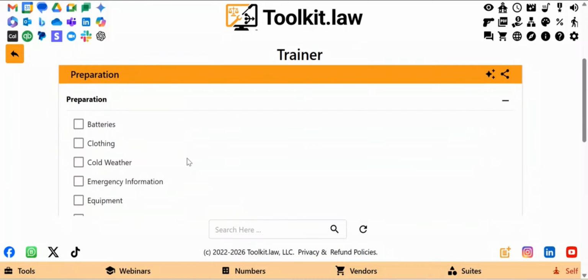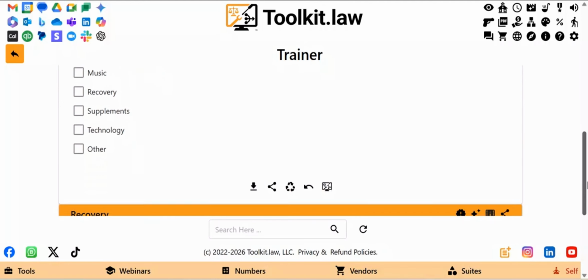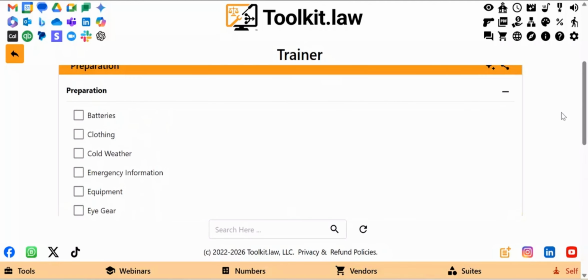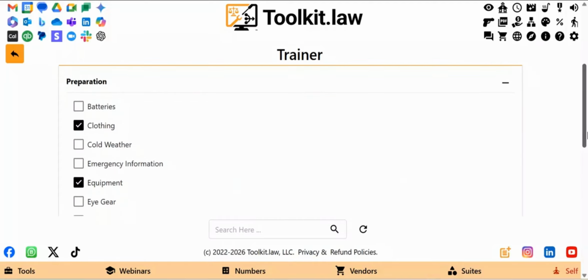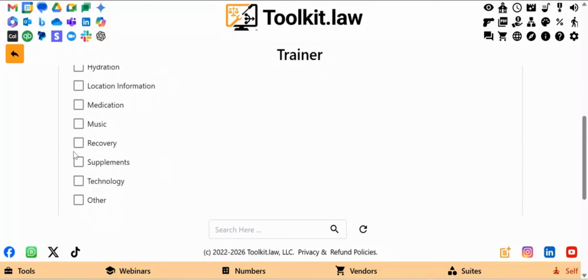Here you can select from 14 distinct categories including location information, emergency information, weather contingencies, medication, supplements, and recovery. Use the intuitive click to select checkbox functionality to toggle requirements on or off. The collapsible headers keep your workspace focused, allowing you to organize everything from gear and clothing to batteries and equipment